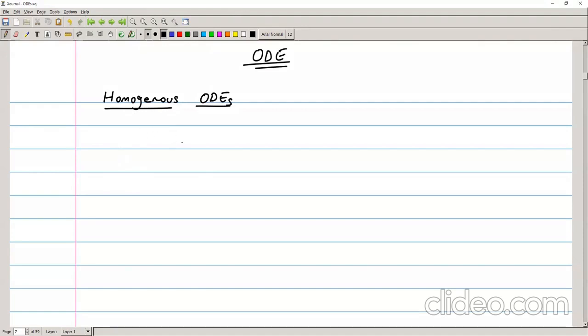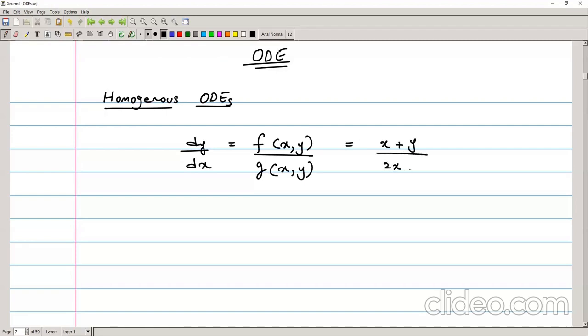So a homogeneous equation is of the type dy over dx is equal to some function of x and y divided by some function of x and y, right? So if we are given this type of equation, what we have to check here is that all the powers are the same in the numerator and in the denominator. Let's take an example. If we say that it's x plus y over 2x minus y,